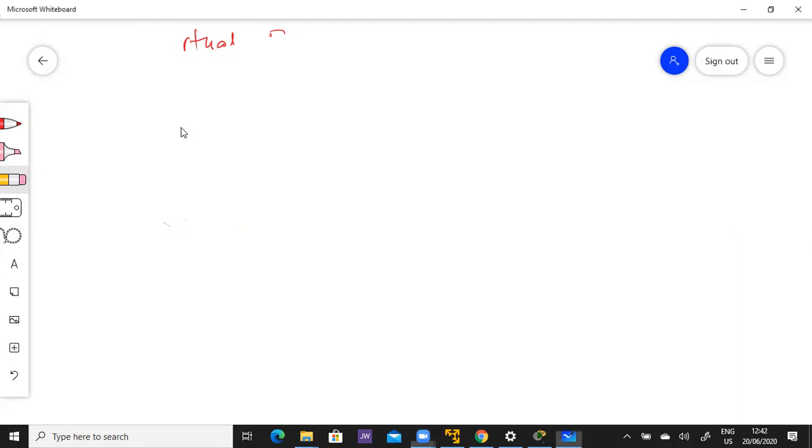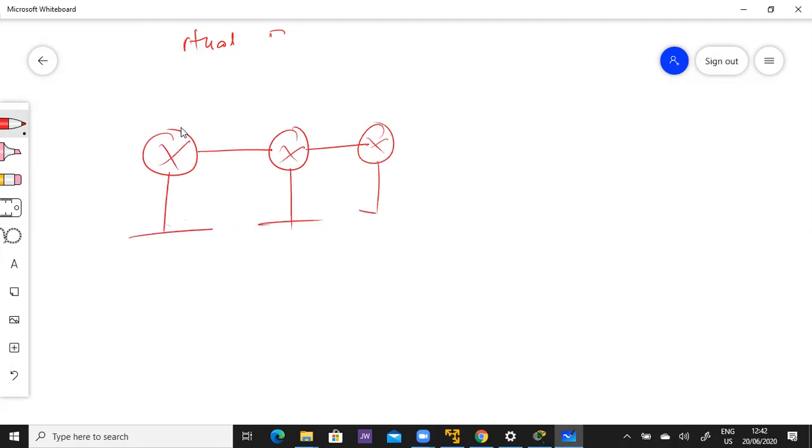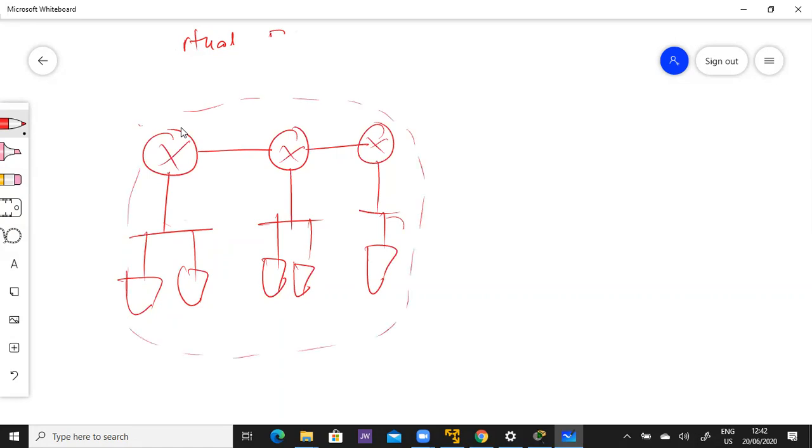Let's take a look at this topology of a certain company. So the company has their network like this, and their servers or PCs are connected this way. This is the local area network of that company. So every IP here will use the private IP range, be it class A, class B, or class C